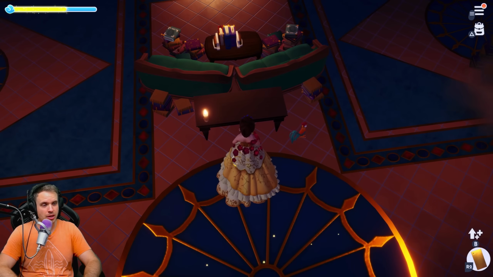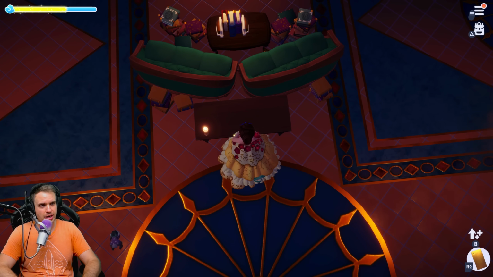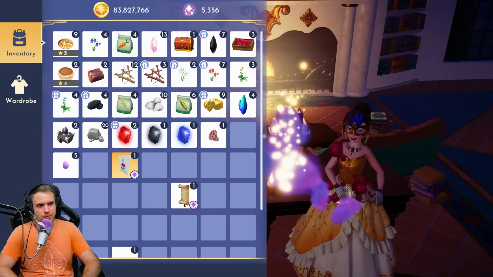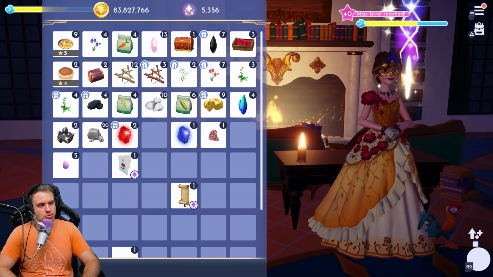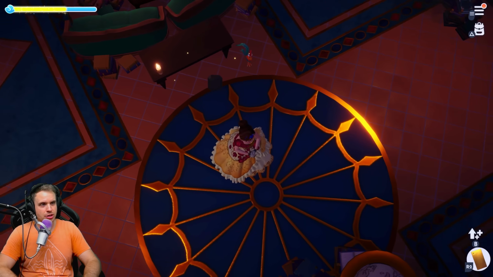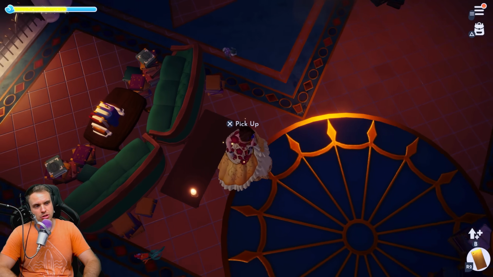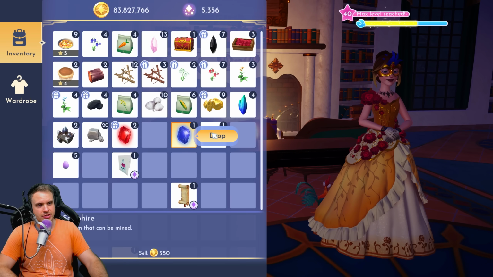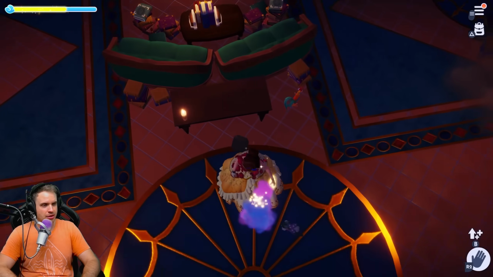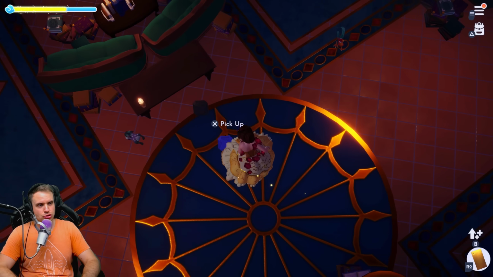So if you have a key under this table, what you need to do, you stand right here in the middle, as close to the table as possible, then go into your inventory, and then drop an item. It could be absolutely anything. Make sure that it drops right next to the item that you're trying to pick up. In this case, let's just pretend that this other gem is the other item that I'm trying to pick up. So if they're close to each other, you should be able to...